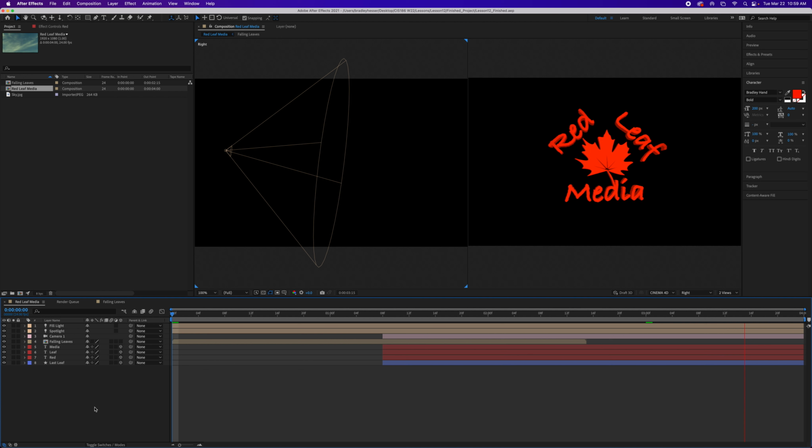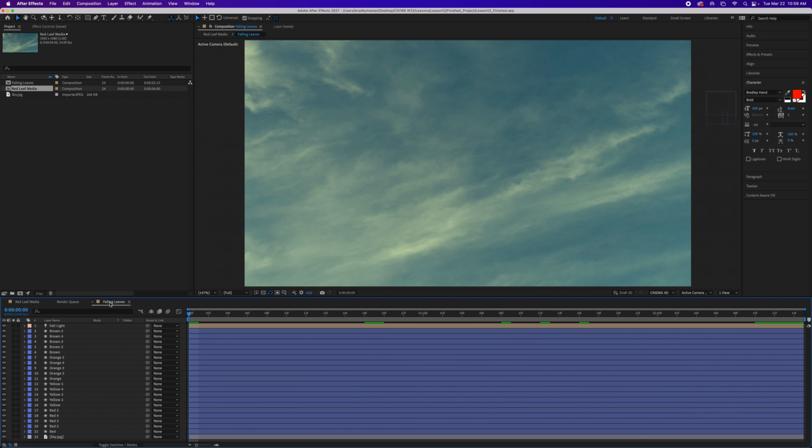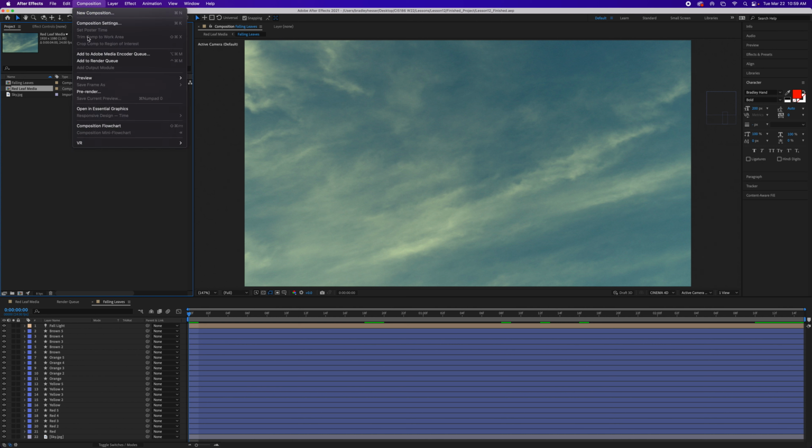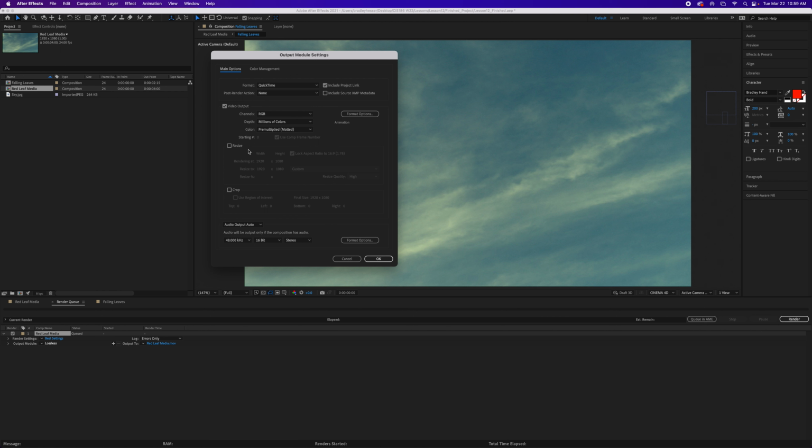The other thing too, as you work with it, if for some reason you don't like the way all of the leaves ended up going, we could always go back over to our falling leaves. We can modify these. But once you are happy with it, we can take our composition and add this to our render queue. If we decide to add to render queue, we can decide what settings we want to work with. So output,